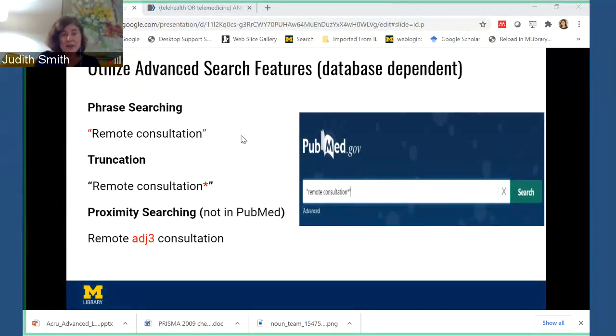One thing I want to say about PubMed, and you all may know this already, but those new to the university may not. When you're going to PubMed, you want to go through the library's authenticated link. If you don't go to the library link and you just type in pubmed.gov and you're at home, it won't authenticate you to the full text, and it will ask you to pay for something. And you never want to pay for anything as part of U of M in terms of this content. It's available to you from our subscription.